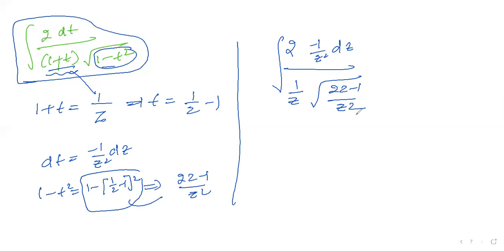After the simplification, let's cancel. Here z square is there, this z square cancels. Here one z cancels. If you take the root of this, one z will cancel. Here z square, this z square will cancel. The simplified question is minus 2 into